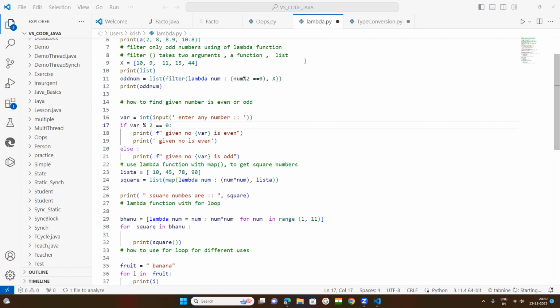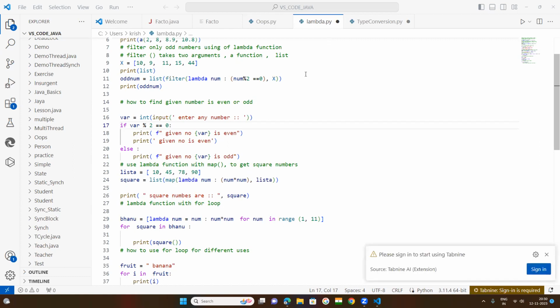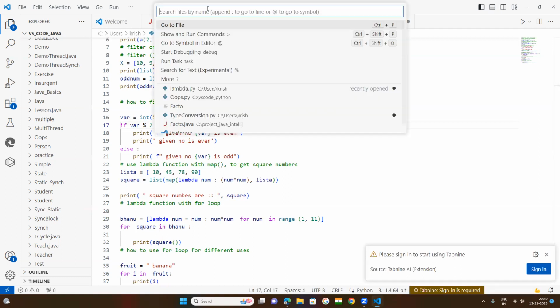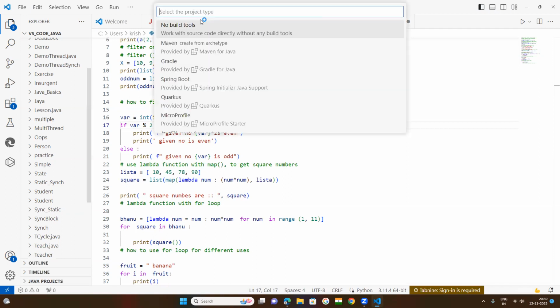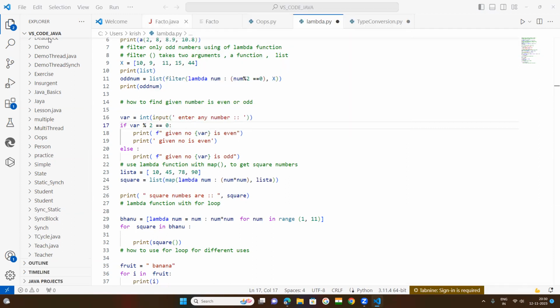Today, in today's class, we will try to understand lambda expressions in Java. So this is VS Code, Visual Studio Code. First of all, I need to create a project here. Click on show and run commands, and then create a Java project here. Click on no build tools, and then it goes for